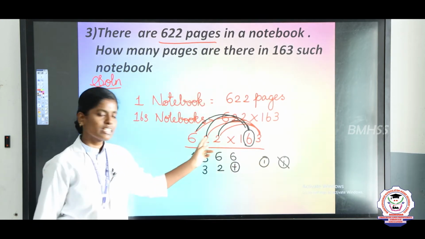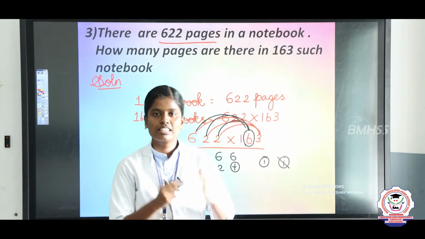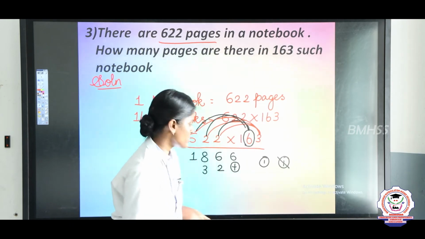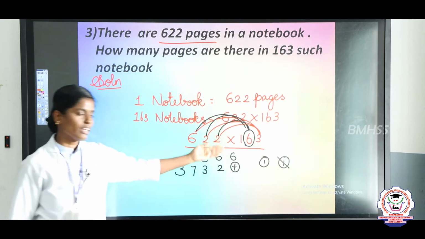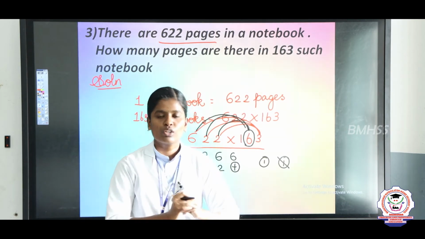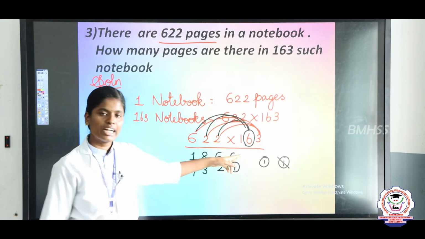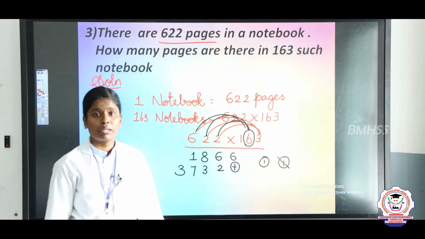The next one is 6 6s are 36. 36 plus 1, the answer is 37. So write 37. Next you will take the hundreds place value. Here the hundreds place value is 1, the one table, so it is very easy for you. Take the hundreds place value and multiply by 2, by 2 and finally by 6.